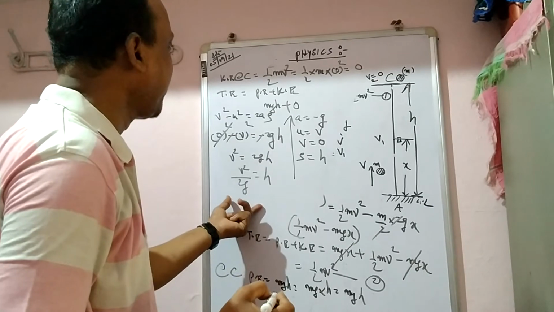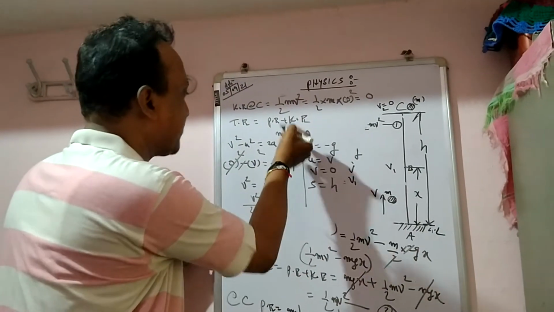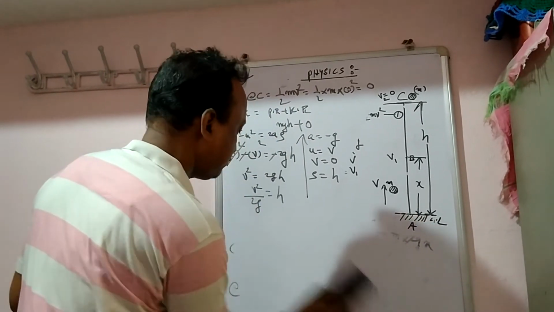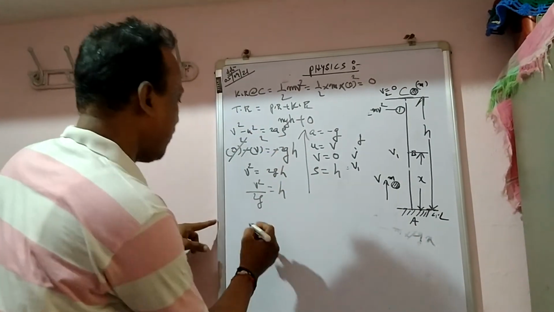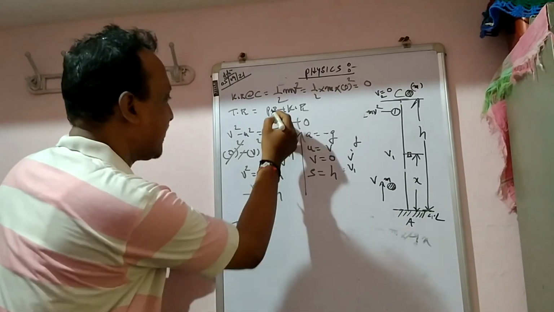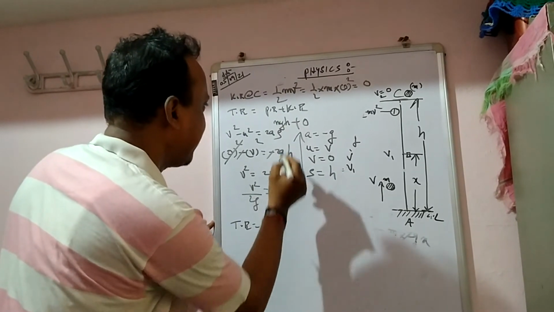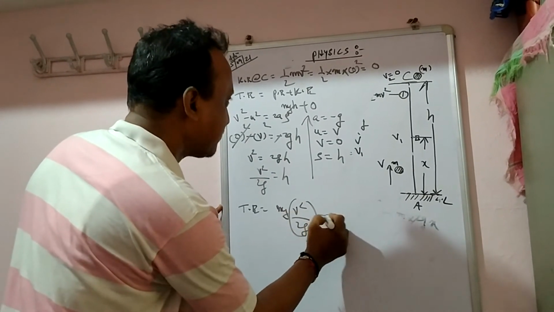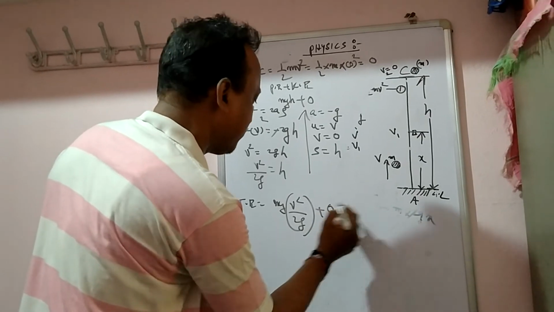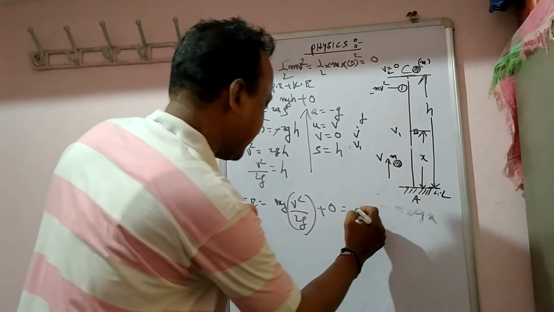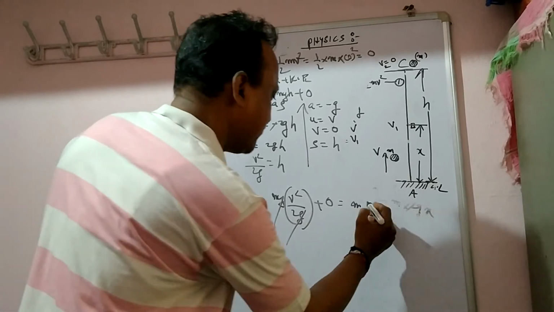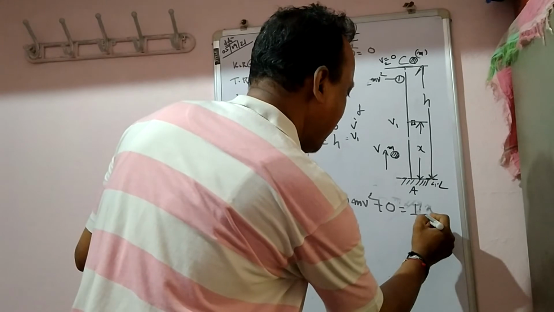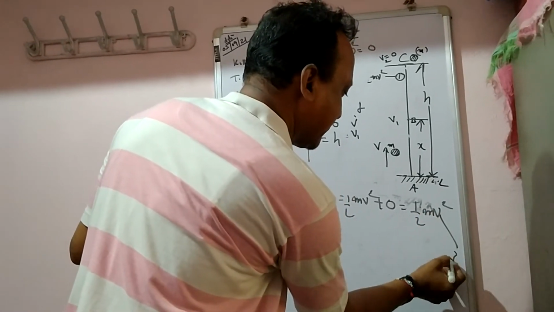Now substituting this value, in the place of mgh we will get it in this form. Above, we already have the total energy. Total energy is potential energy, that is mgh. In the place of h I will substitute v square by 2g, plus kinetic energy, which is 0. You can carry mg, g and g get cancelled, so half m v square plus 0, which is equal to half m v square. Put it as equation 3.